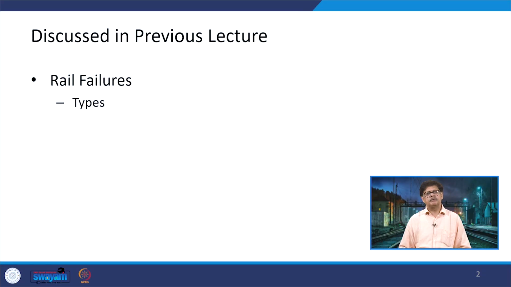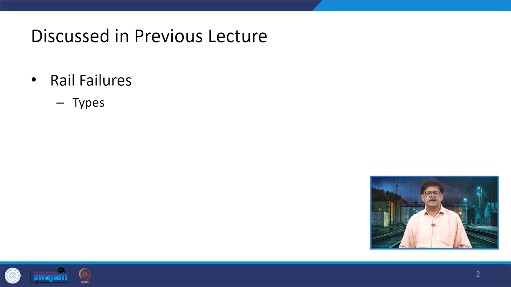Dear students and participants of the course on railway engineering, today we will be continuing with our discussion on the railway failures, and then we will start our discussion on the wears in the rails. In the previous lecture, we did talk about the various types of the rail failures, the coding of the rail